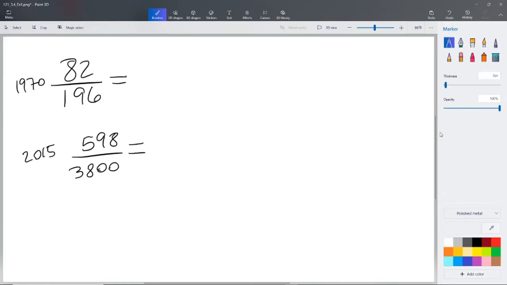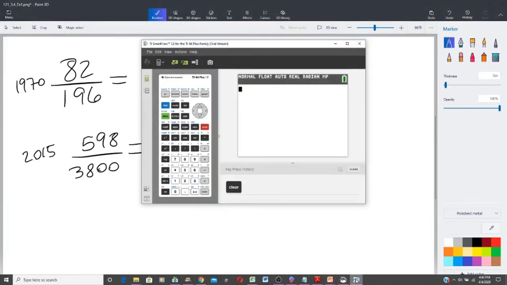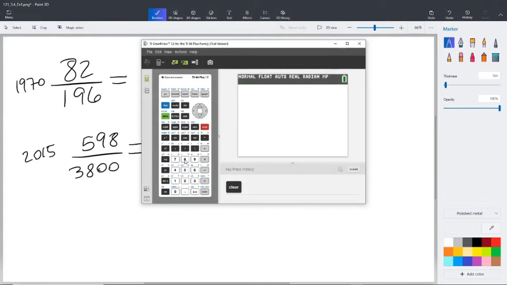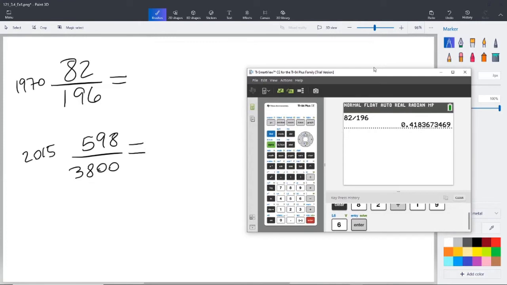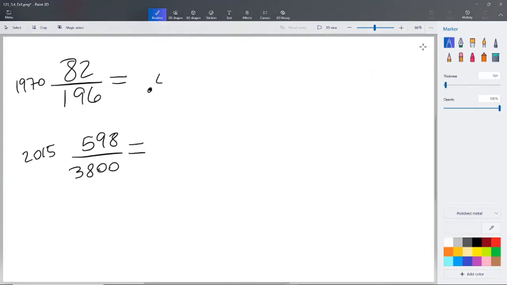All right, 82 divided by 196. I'm going to go ahead and bring up the online calculator so you can see it here on my screen. If I say 82 divided by 196, enter, what we're going to get is 0.418367, etc. So let's move that here and write our answer down. 0.4183, and we could say 6, but the 7 right after the 6 does affect the 6, and so we'll go ahead and make that a 7 as well. Typically, we want to get 5 decimal points here,